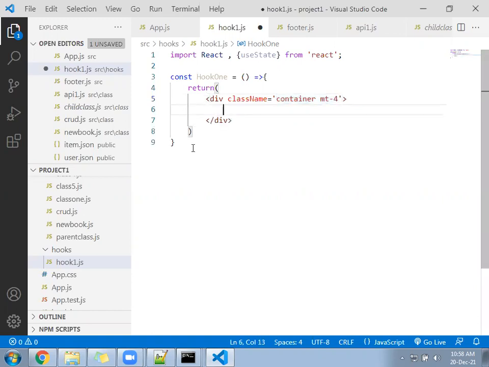Write inside row, column, print something, Hook1. Export default Hook1. Please call this in routing and add it. Print the h1.